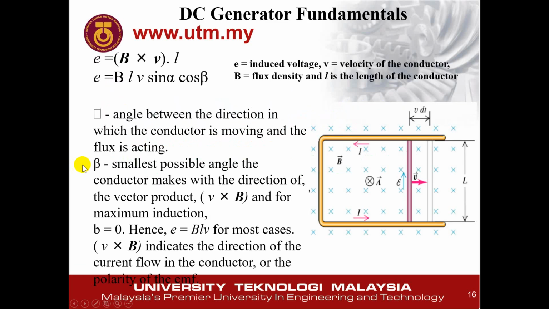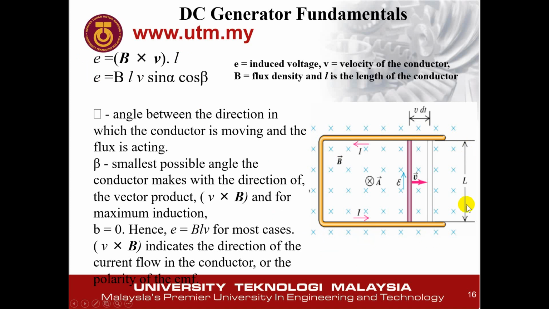Okay, this is the fundamental of the DC generator. Usually they will not ask this calculation, but you have to prepare. Sometimes they will ask. So the formula you need to know is E equals BLV. B is the magnetic field, the magnetic flux density B. If you look here, the X is the B going into the paper, into the screen. So this is B.